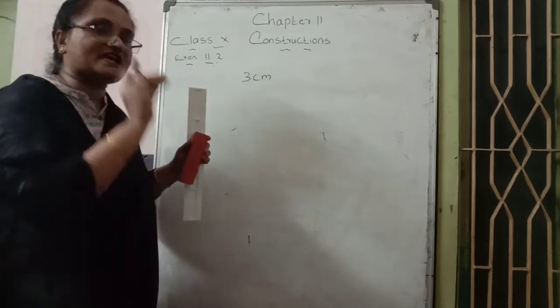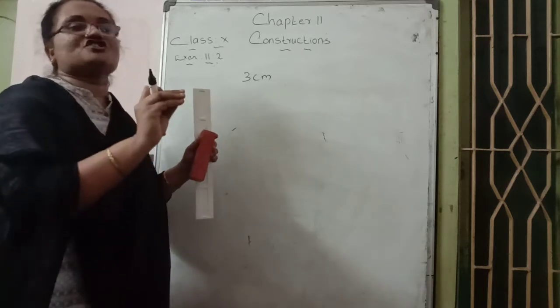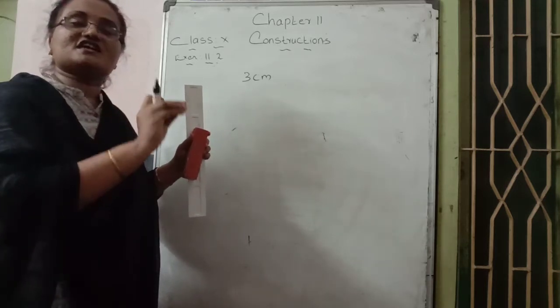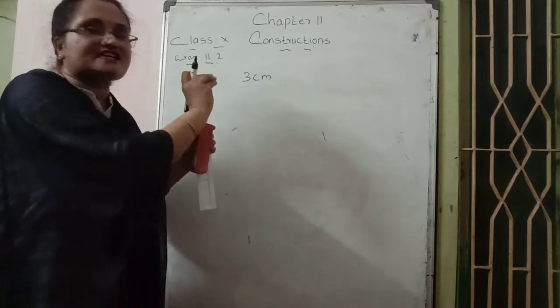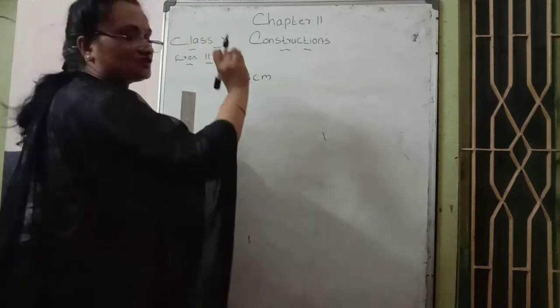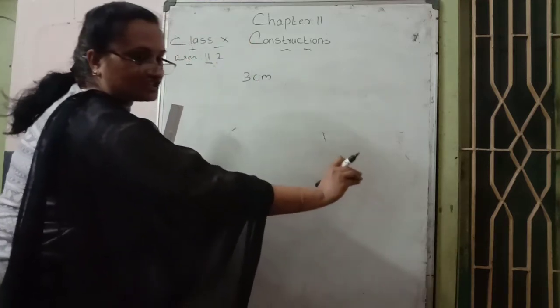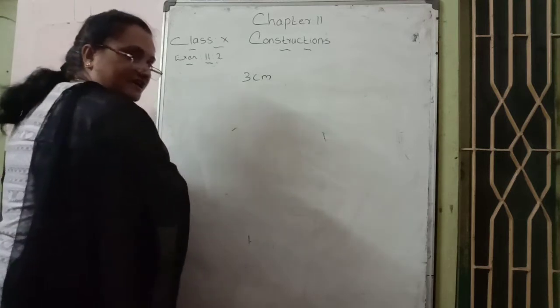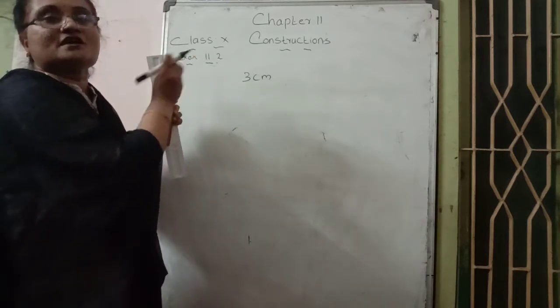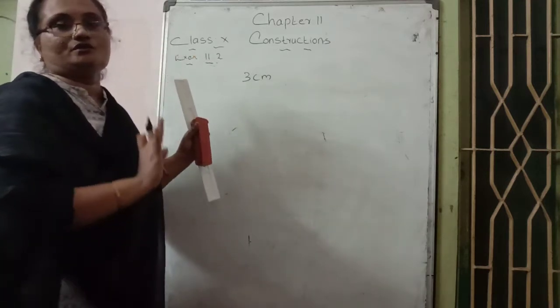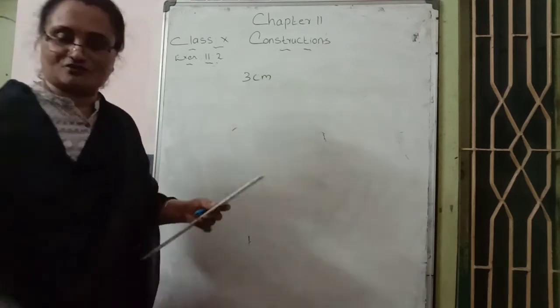In the third question, our main circle is a 3 centimeter circle. We draw the tangents for this 3 centimeter circle. On the left side we want to draw 2 tangents, and on the right side of the main circle we also want to draw 2 tangents. That is the meaning of that question.